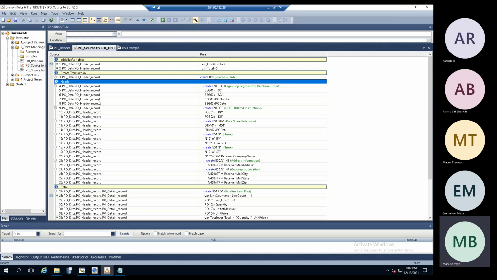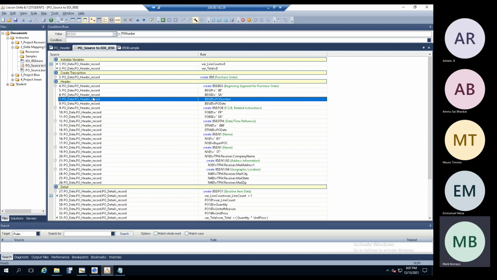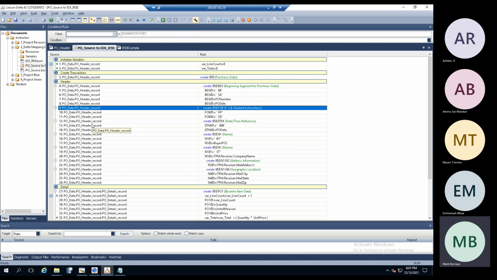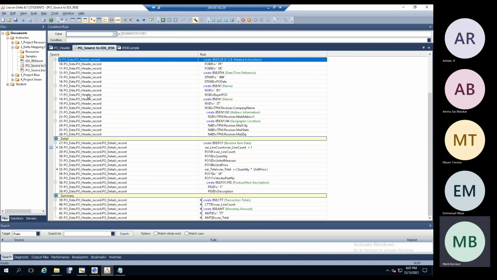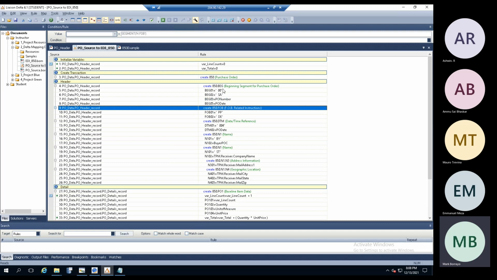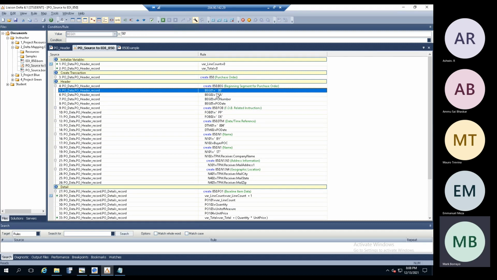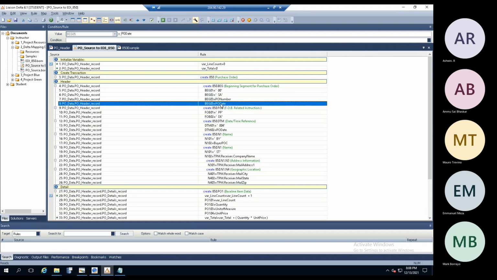What you see on the left then is a representation of the source node that is used to prompt the execution of the rule to the right. Now you can see to the left, it looks rather clean. These are all the same nodes at the header level, and these are all the same nodes at the detail level. Where it gets a little more complex is on the target side, because you can see various values represented